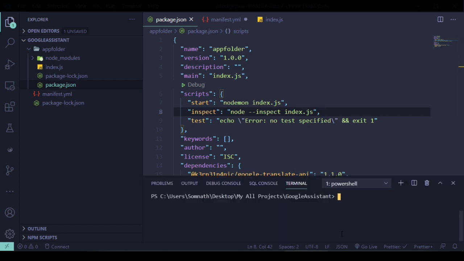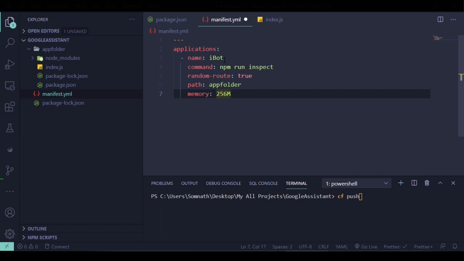For that, you need to open your terminal and ensure you are in Google Assistant, which is the main root folder of my application. From there, I'll just run the cf push command. That is now going to deploy this application with the name ibot.